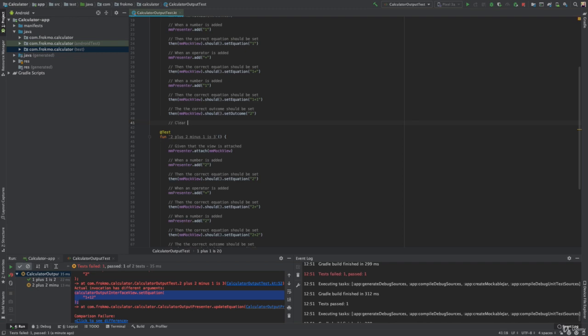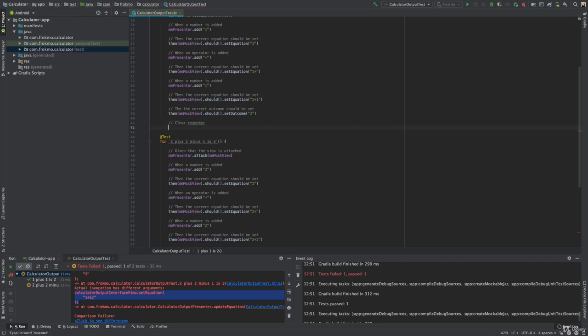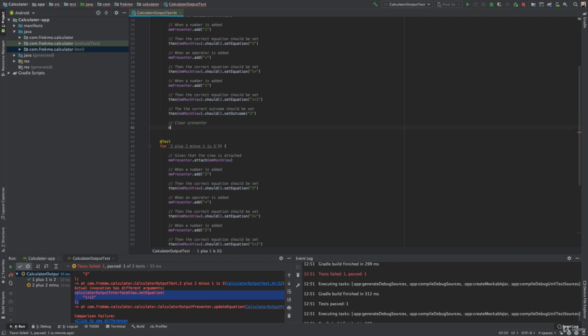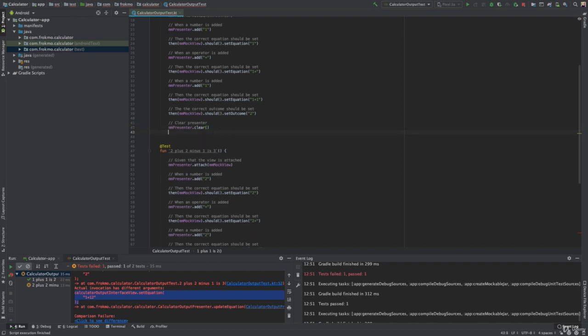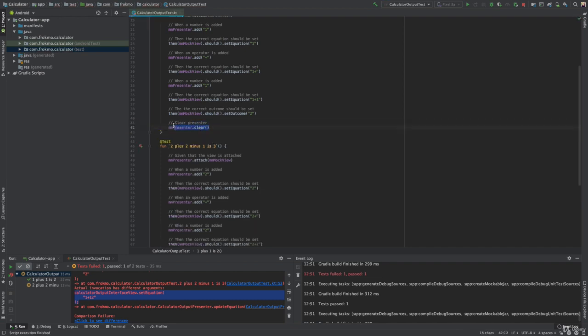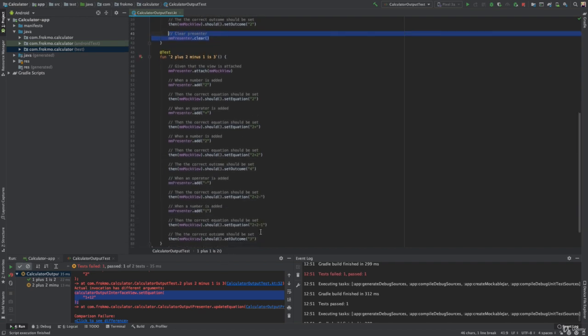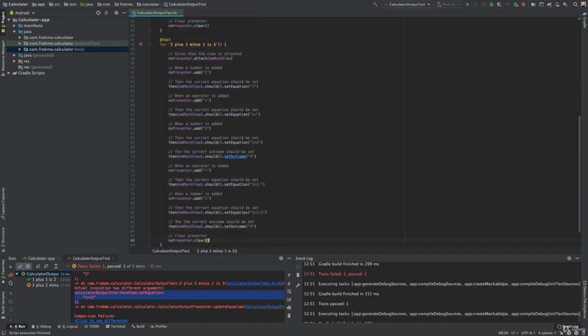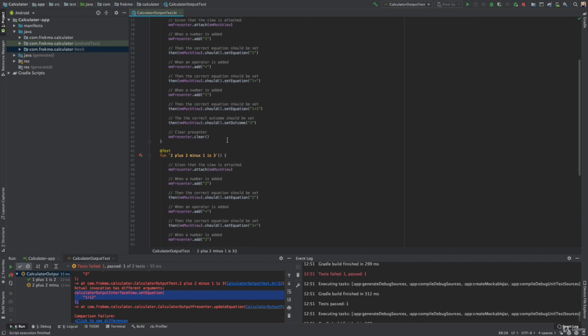So clear the presenter. What is really important is that we say presenter dot clear. We need to clear the equation and the outcome after every test. Because if we are not doing that, because the presenter is stateless, it's surviving, or it is not destroyed,